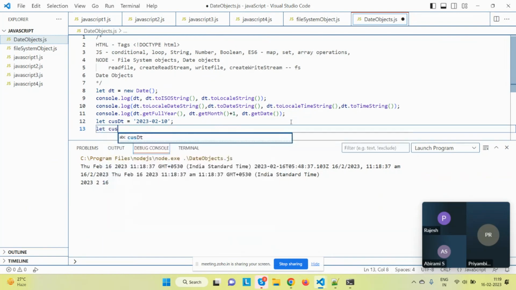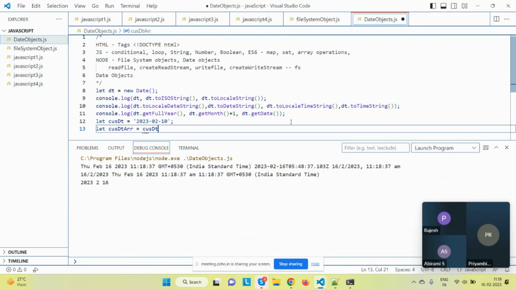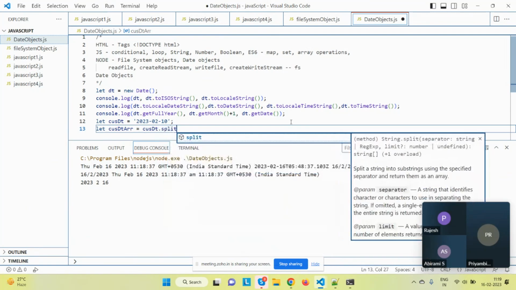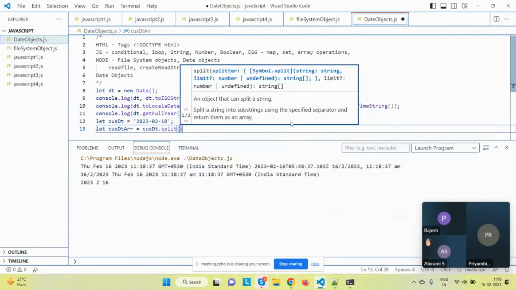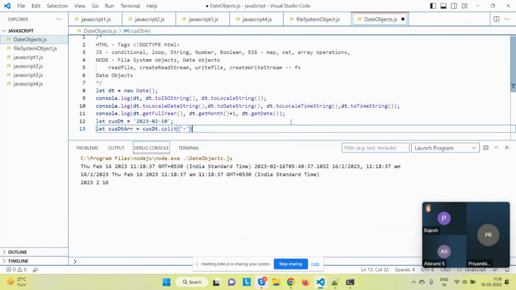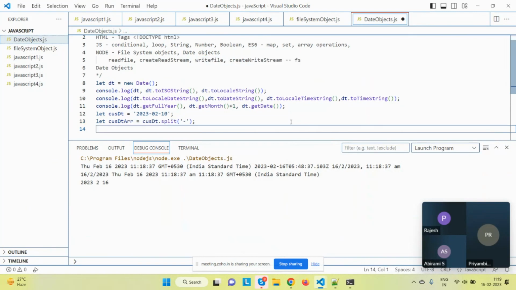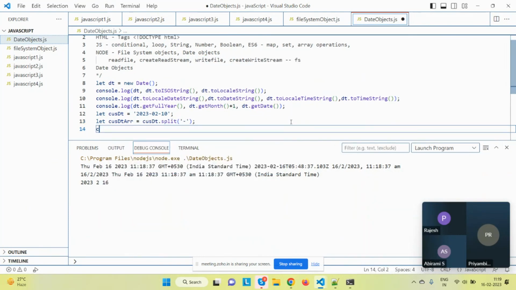Let custom date array equals custom date dot split. Custom date split with what delimiter? Hyphen as a delimiter, right? Then I just make it new console log,